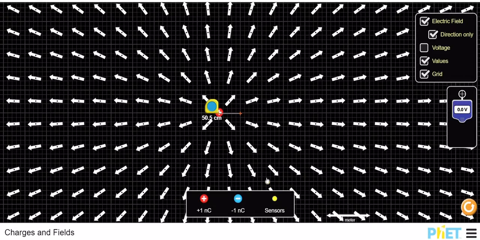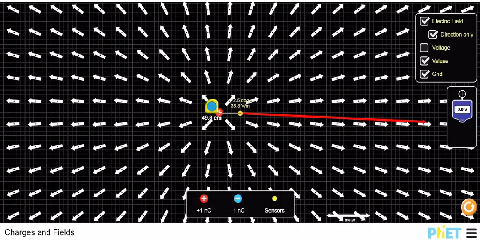So just take the sensor and put right here, and this gives you the value of 36.8 volt per meter, which is the value of the electric field at a distance of close to 50 centimeter. You can make it closer. I'm just giving you an idea. So you got the idea. You might have to adjust a little bit, but at 50 centimeter the value you get is about